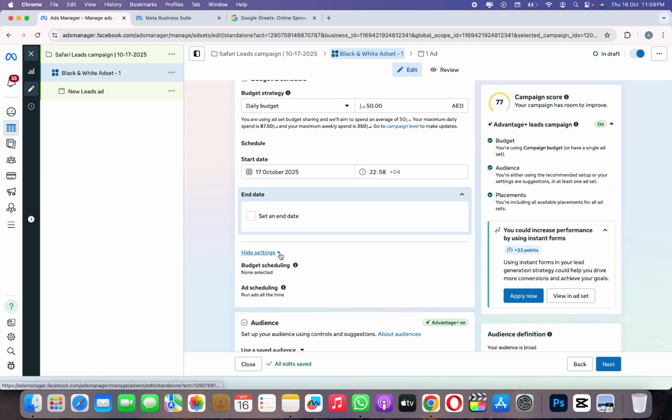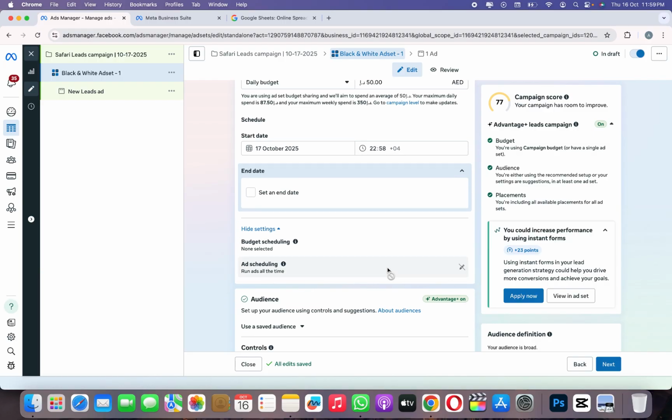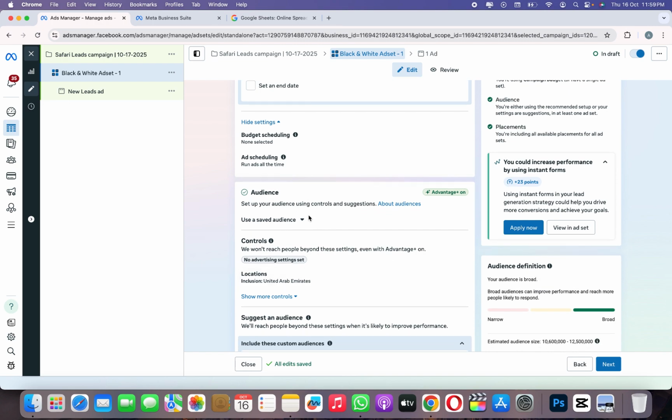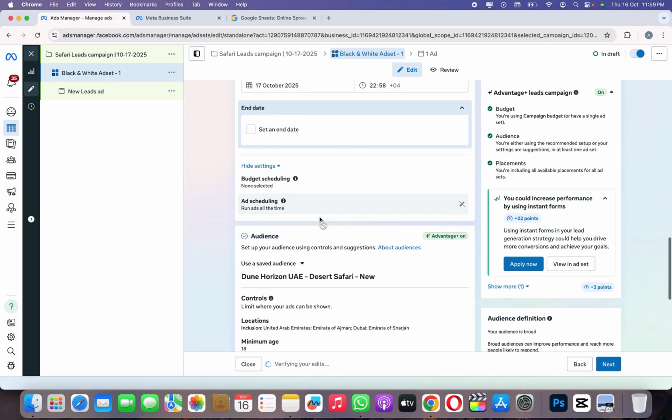And here you can see more settings. You can select budget scheduling and ad scheduling, like you can run the ad at a specific time of day and these things. So now the most important part is the audience control. Here you can create a new audience, and you can also use a previous audience. So I will just select a new audience which I already made,